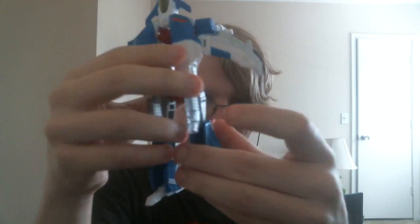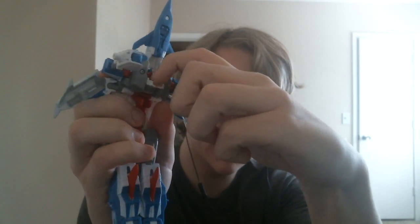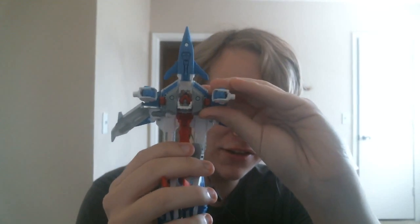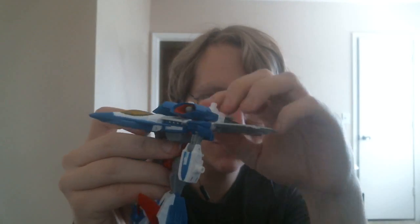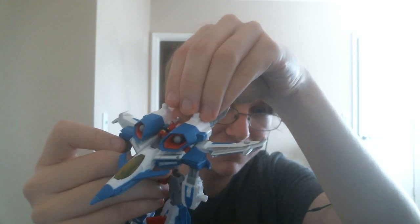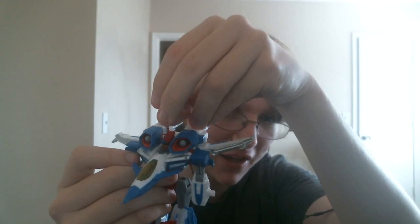There you go. And next, we're just going to take the figure again, do that. All right, next, you see this little white flap here? You just take that and take it down like so. And then next you take the top half of this figure and fold it forward, so now you have this look going on. And at this stage, to keep the head down, you kind of have to put it in vehicle mode, so when it pops up in robot mode, it looks a little bit odd, but all we have to do is fold the head